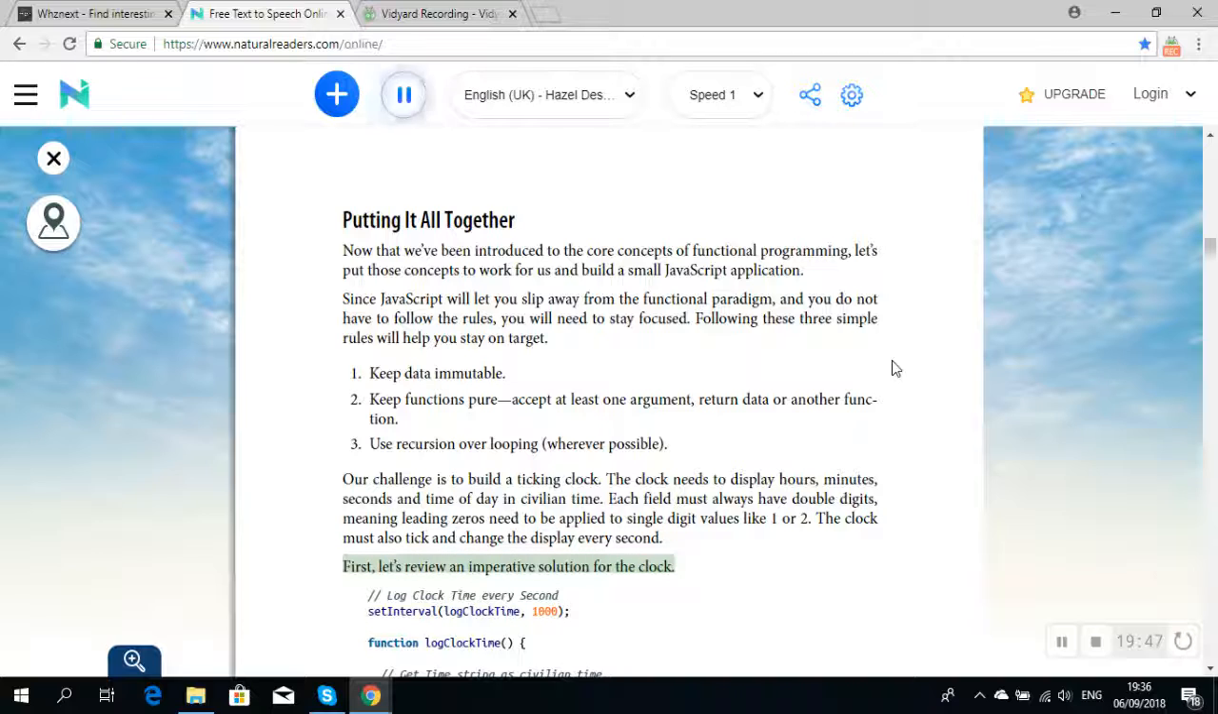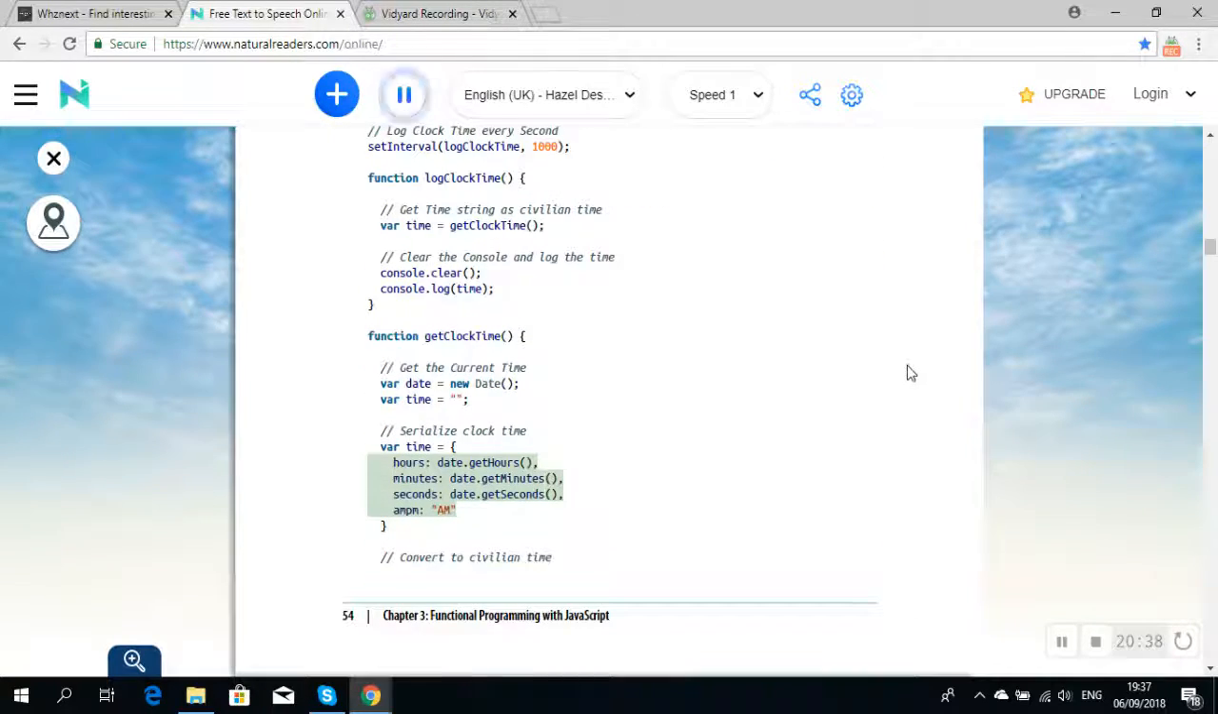First, let's review an imperative solution for the clock. // Log clock time every second: setInterval(logClockTime, 1000). function logClockTime() { // Get time string as civilian time: var time = getClockTime(); // Clear the console and log the time: console.clear(); console.log(time); } function getClockTime() { // Get the current time: var date = new Date(); var time = ""; // Serialize clock time: var time = { hours: date.getHours(), minutes: date.getMinutes(), seconds: date.getSeconds(), ampm: "AM" };